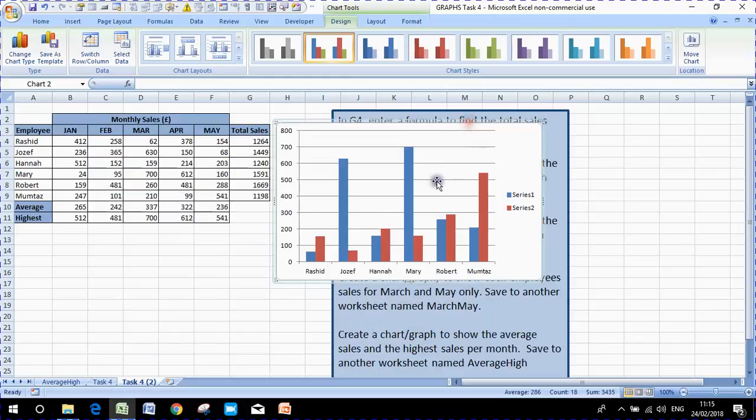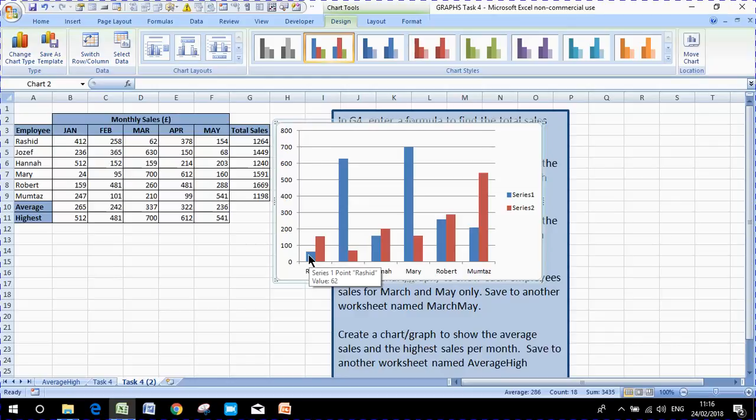Right, so if we look at Rashid, March and, sorry, this is March and May. So one of these is March, one of these is May. Well, March was lower, so we know that blue is March. So now we have to do all of the extra little bits, put the data labels on, etc., so that the reader knows what this chart actually means, and so that we can gain as many marks as possible in our exam. So first of all, we're going to